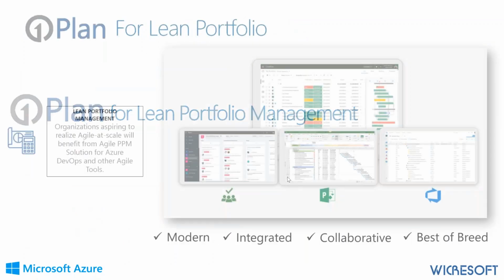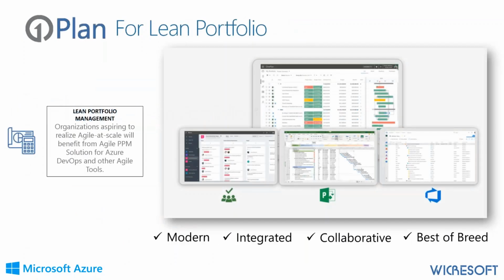So let's talk about our OnePlan solution for lean portfolio management. OnePlan is a product developed and implemented by Wickersoft, which has 4 primary attributes. It's modern, it's integrated, it's collaborative, and best of breed. Well, many tools can actually say that, but in our case, we've actually taken years of experience to reflect that in this solution. We have a lean portfolio management solution that we built for OnePlan, and really is